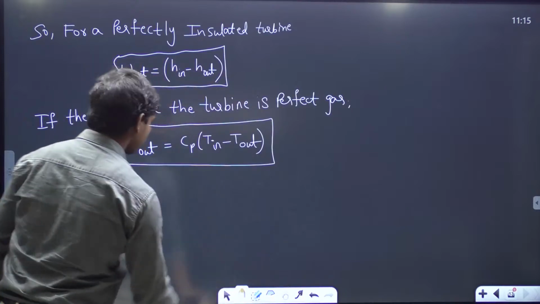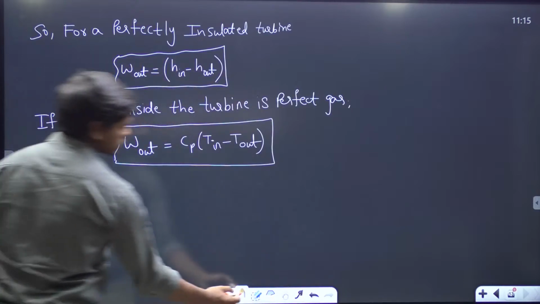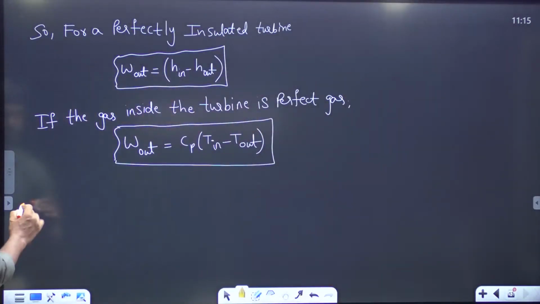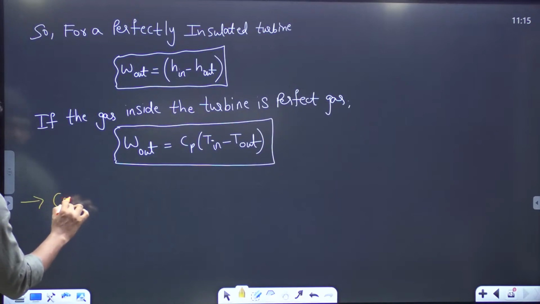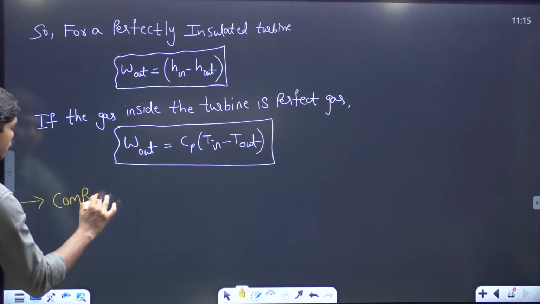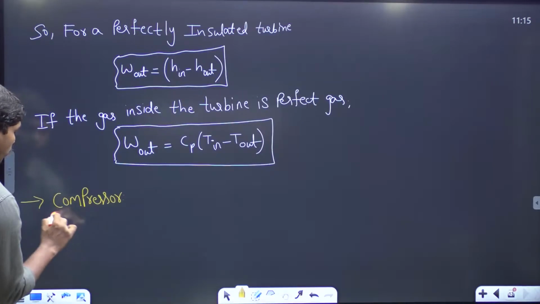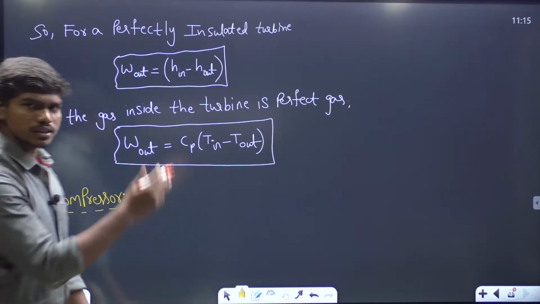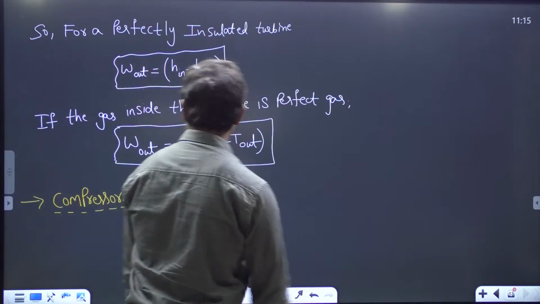Now we'll go for the next device, which is compressors. We'll talk more about compressors in the applied thermodynamics course. So we'll define what a compressor is and all these things. So basically in a turbine, if you see what happens, pressure drops. Correct? So a compressor,